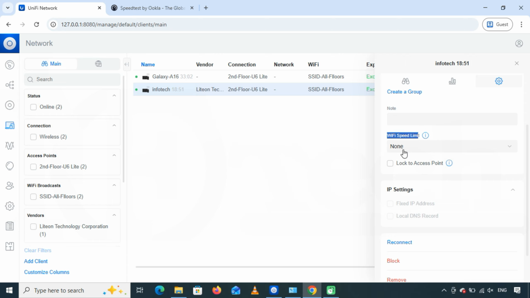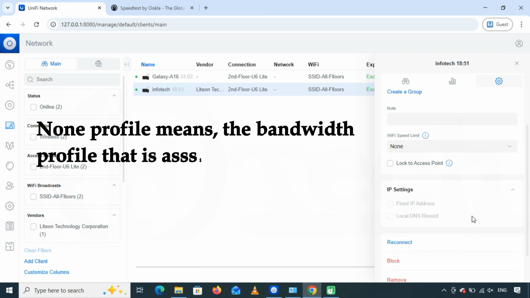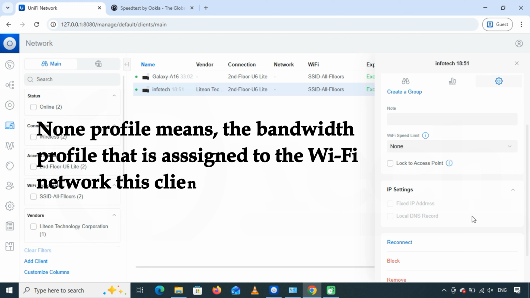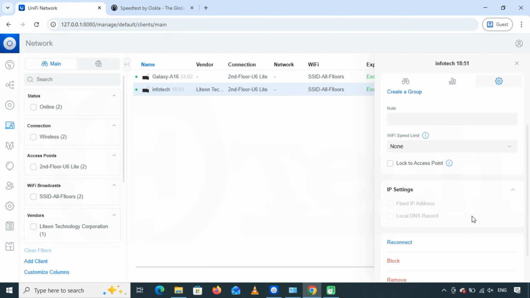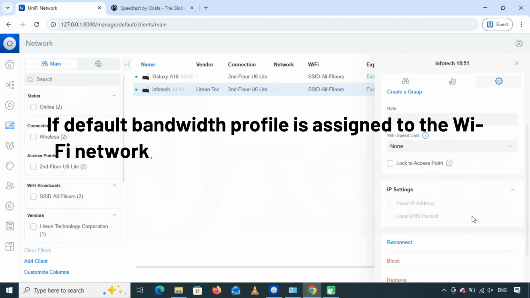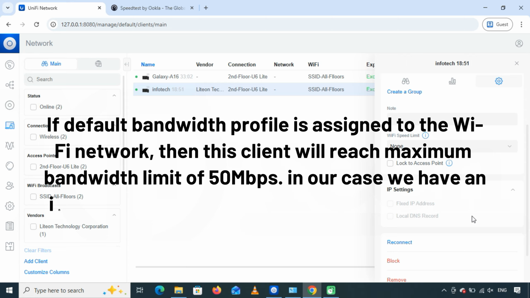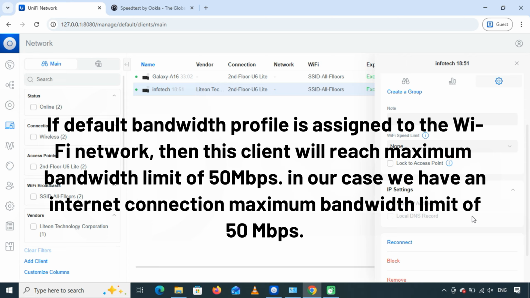By default, Wi-Fi speed limit, None, is selected for each connected client. If the None option is selected, then the maximum bandwidth limit that this client device can reach depends on the bandwidth profile assigned to the Wi-Fi network that this client is connected to. Let's suppose the default bandwidth profile, with unlimited download and upload limits each, is assigned to this Wi-Fi network, then each connected client can reach a maximum bandwidth limit of 50 megabits per second, depending on the availability of